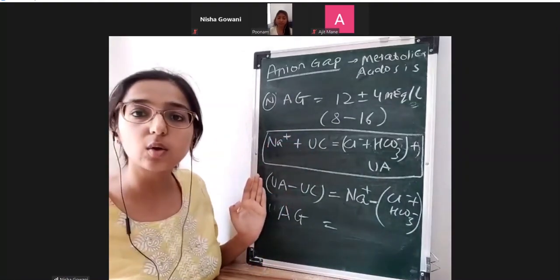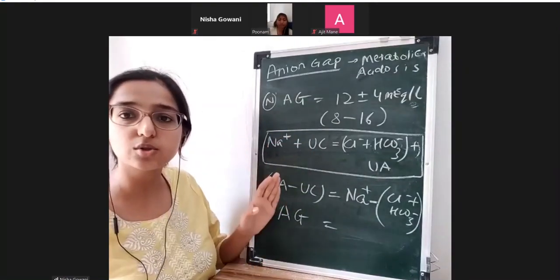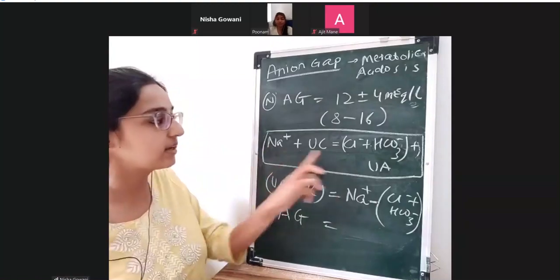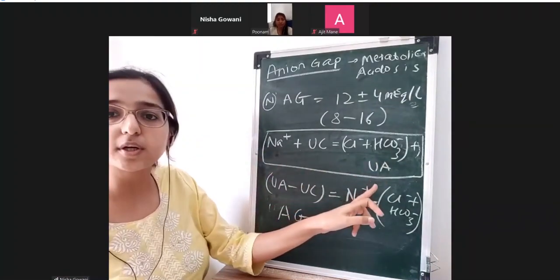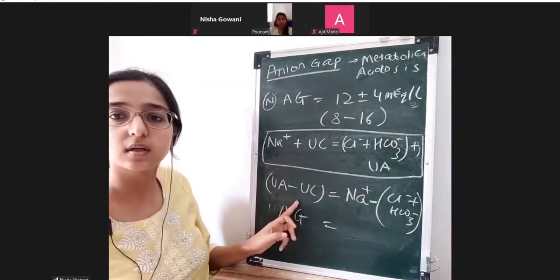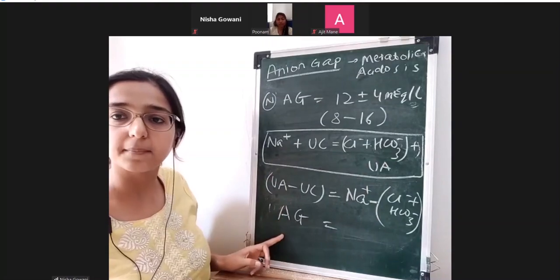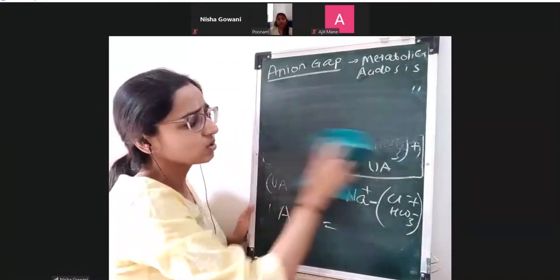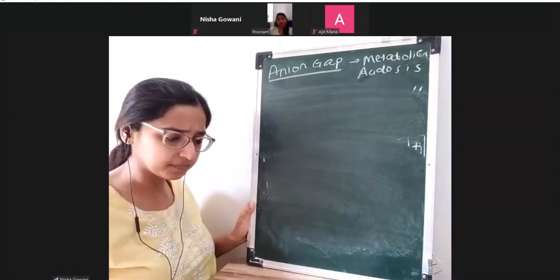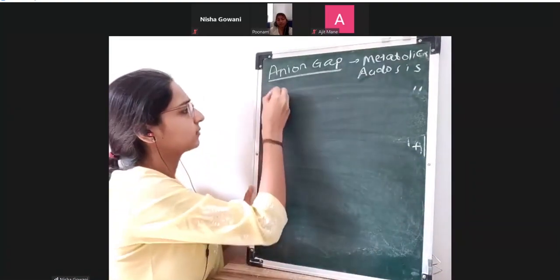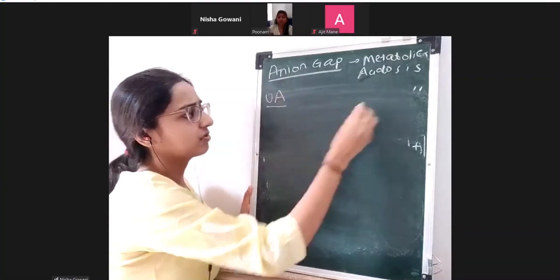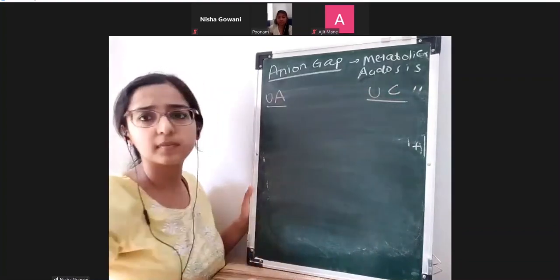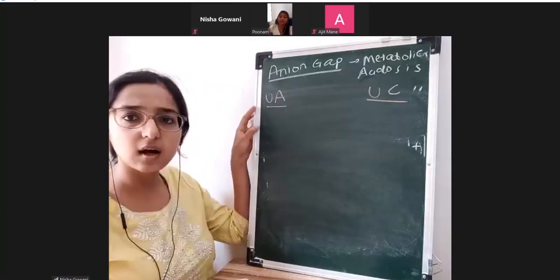Till here it's clear, that positive charges should be equal to the negative charges, and then we rearrange every component of this equation and come to this, and this is known as anion gap. Till here it's fine. So now what are the unmeasured anions? This short form is okay, if I'm using it. So yes, the unmeasured anions are